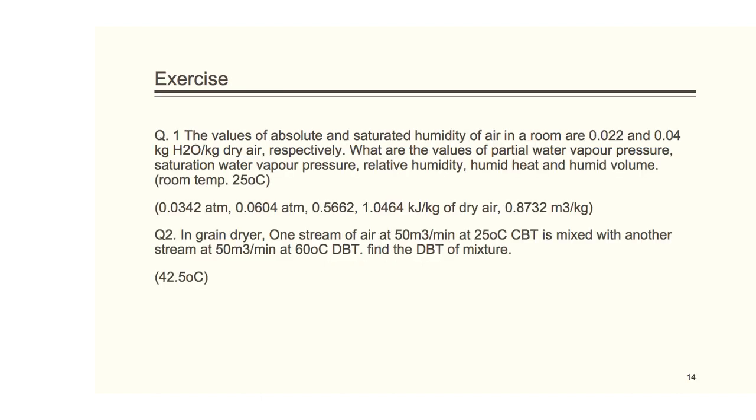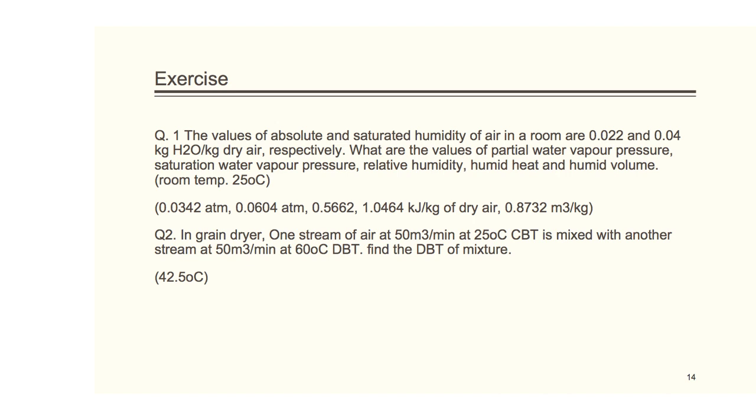And in our last slide, we have two numerical problems. The first one says that the values of absolute and saturated humidity of air in a room are 0.022 and 0.04 kg H2O per kg of dry air respectively. What are the values of partial water vapor pressure, saturation water vapor pressure, relative humidity, humid heat and humid volume? It is simple. We know